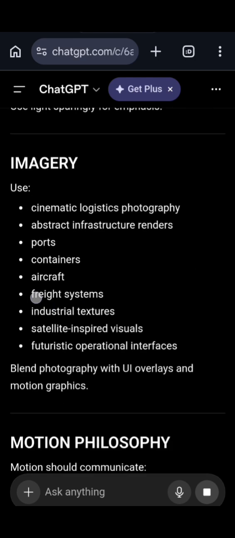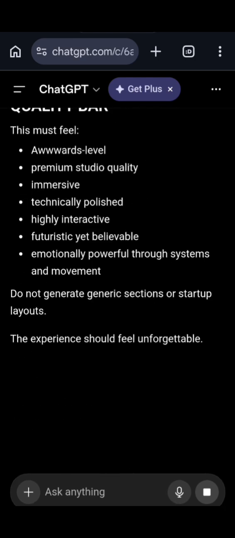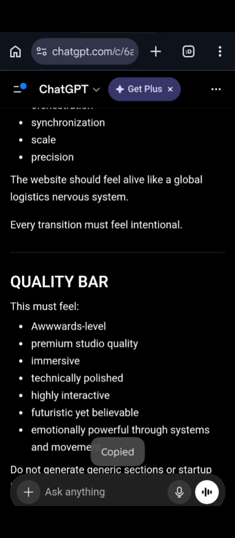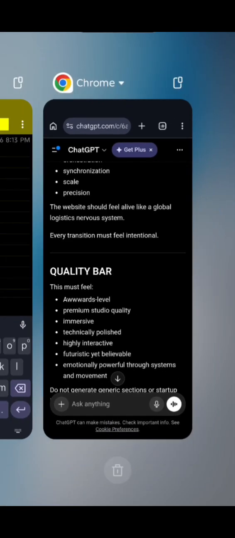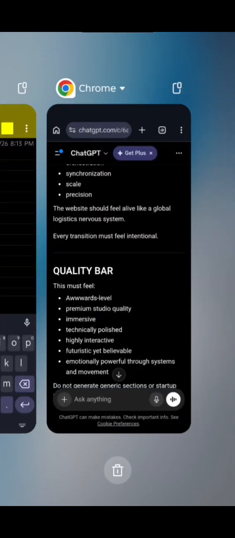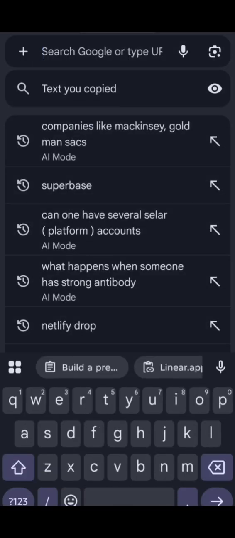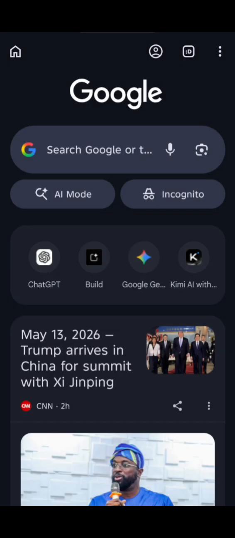So this is still going. So you copy. Then when you copy this, you go and open your account on AI Studio. You just type, okay, so it's already here. You just say